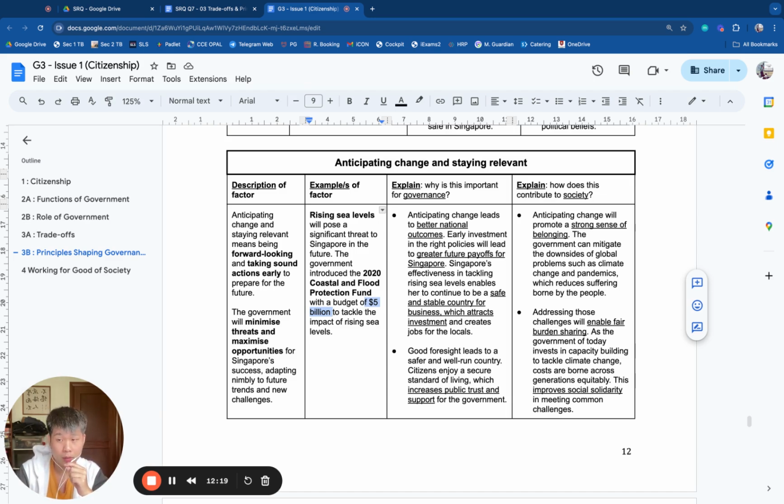If you think carefully about it, $5 billion going into seawalls and dikes and resilience strategies to ensure that our coasts are well equipped to deal with the rising sea level in the future, means that we can't spend the money in the present right now. Means that there's 5 billion less to help people have GST vouchers or CDC vouchers or money to spend on their daily needs, right? So that is a trade-off. We are trading off the present, certain needs, for the future, certain needs.